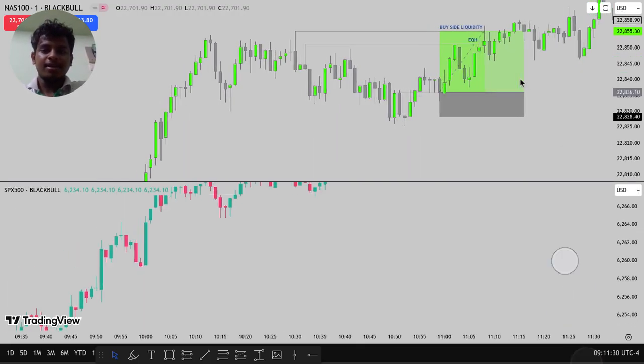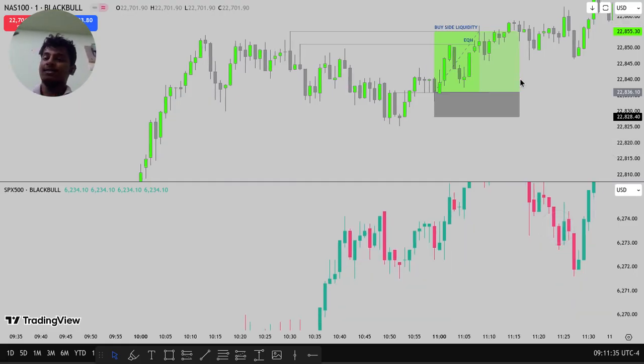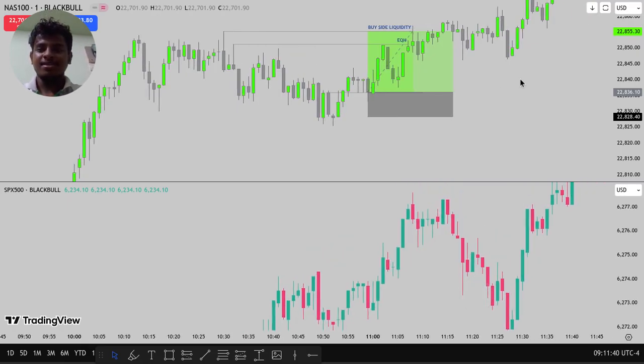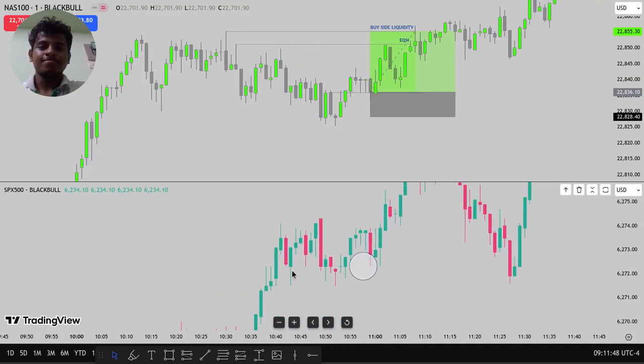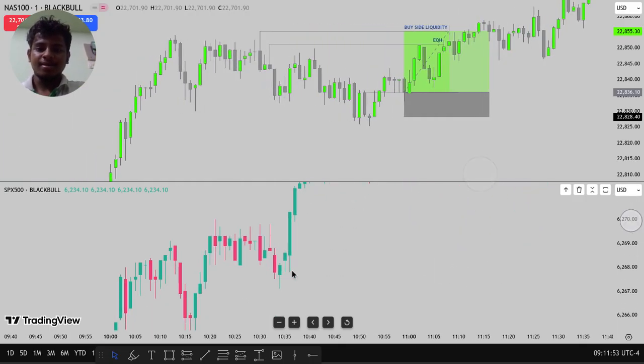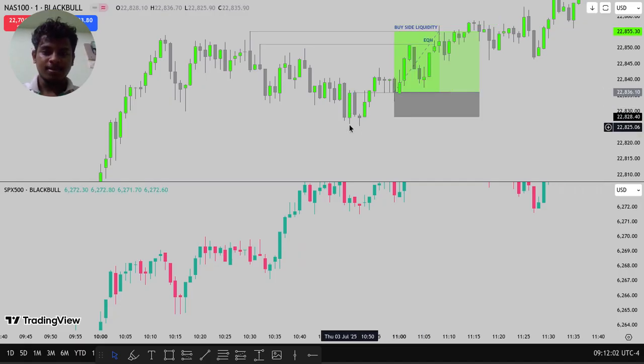So we want SMT again. If I take a buy, I want to see the SMT for sells. That's really important. You can see here the SMT. Here the market sells, but here it's continuously buying. And where's the SMT? The SMT is also right here. This low was taken by this low, but not here. Yes, this low was taken by this swing.